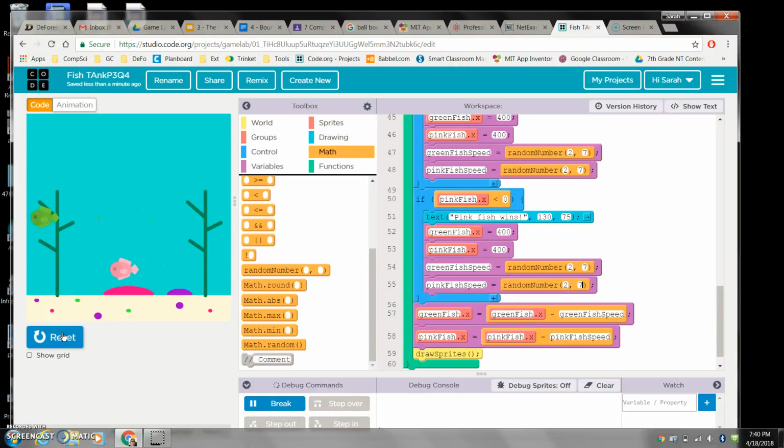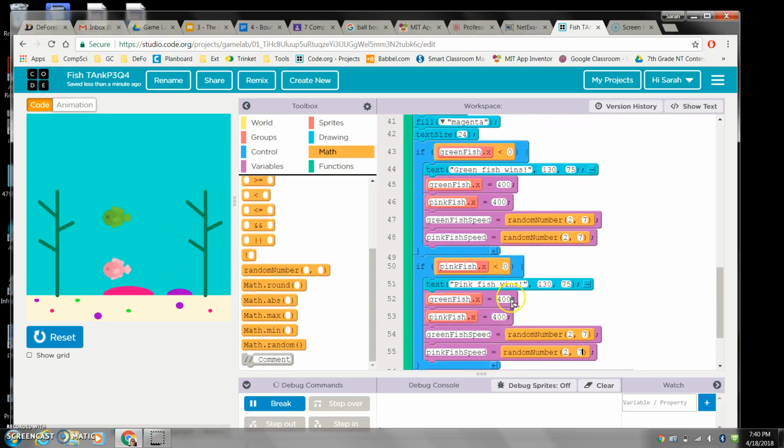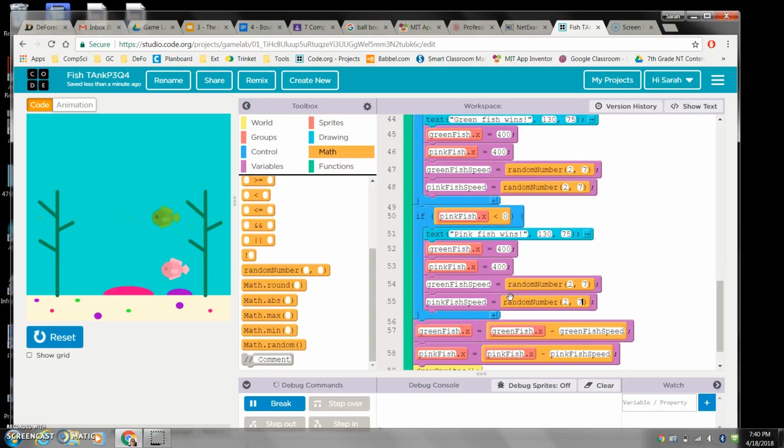It just depends which one gets the higher value. So far the green one's only been winning, but there goes the pink one. And he's going to win again. Awesome. So this is that code right here, and I will put some screenshots of this finished code in Google